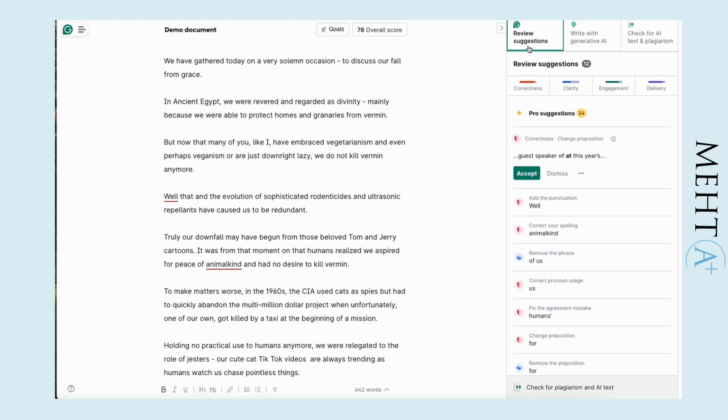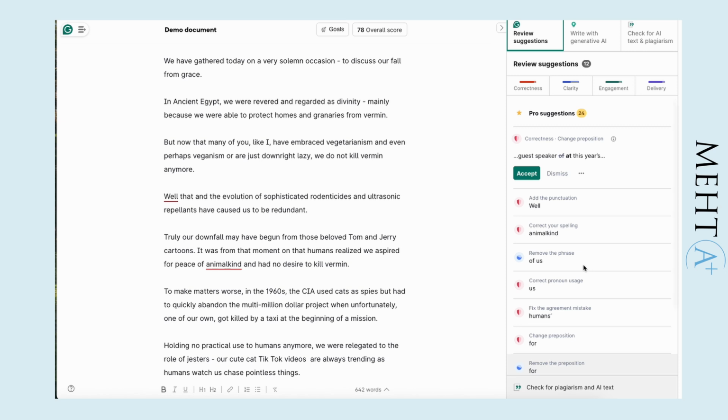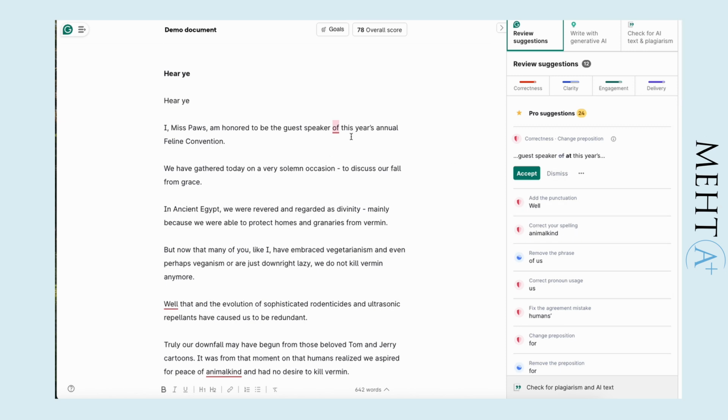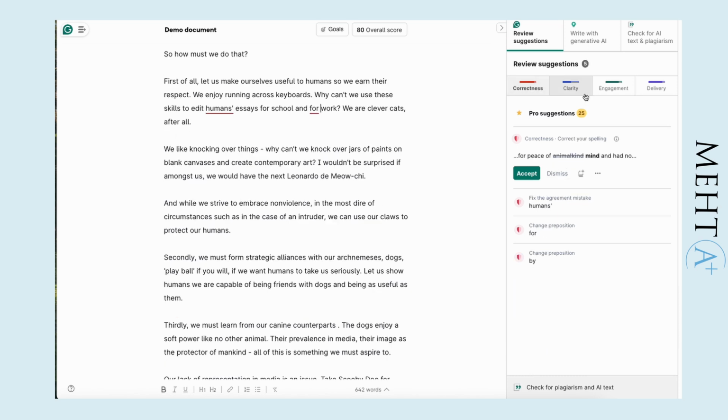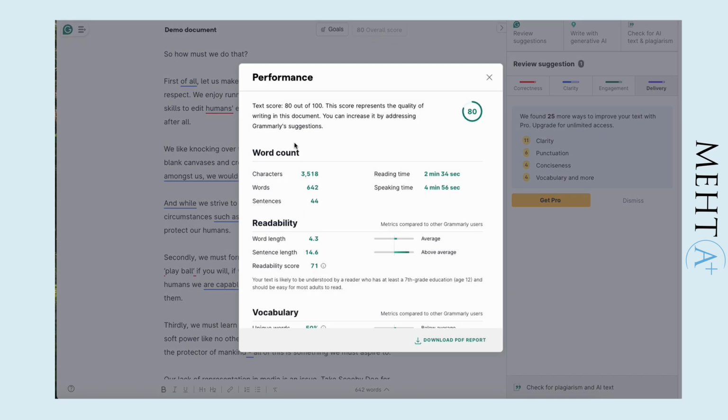Now let's review suggestions. Looks like I have access to a lot of them. I get a variety of grammatical suggestions and I can choose to accept or dismiss their comments. I would say it's pretty good. The suggestions are categorized under correctness, clarity, and engagement. I can also see the performance of my writing, word count, readability, vocabulary, etc., and how it compares with other